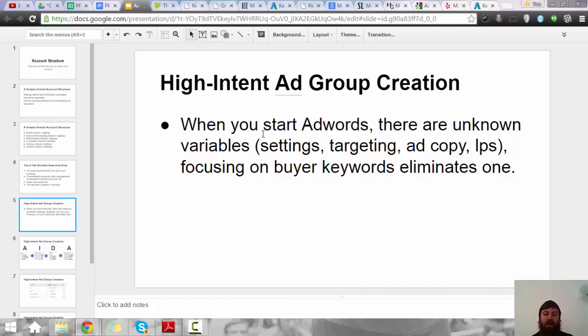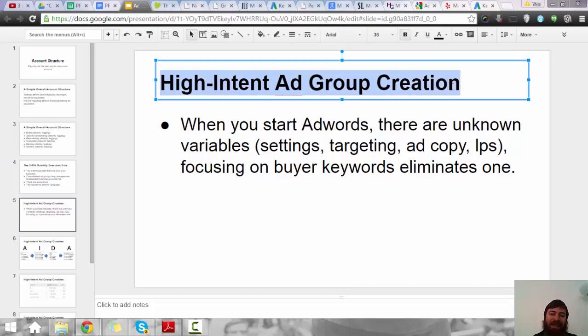But if you had obviously the right targeting, if you're targeting the right keywords, you had the right ad copy and the right landing page, everything would work. But unfortunately, how do you know what the problem is? Well, I say always focus on high intent keywords or ad groups so that at least you're eliminating